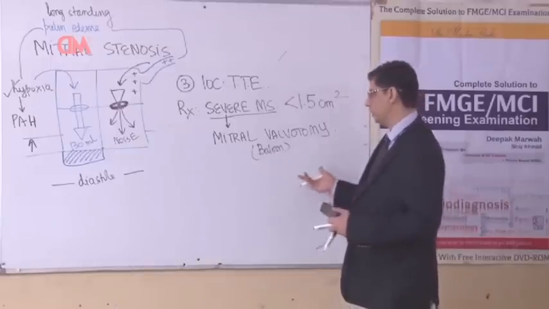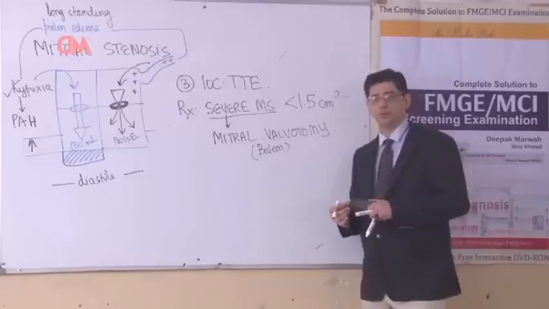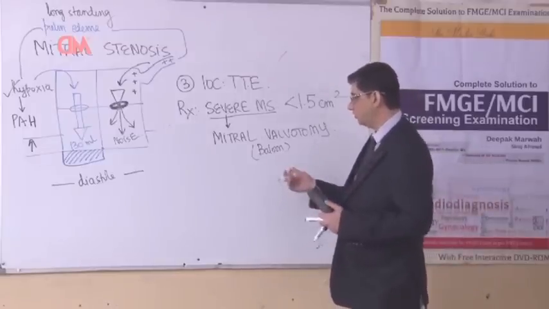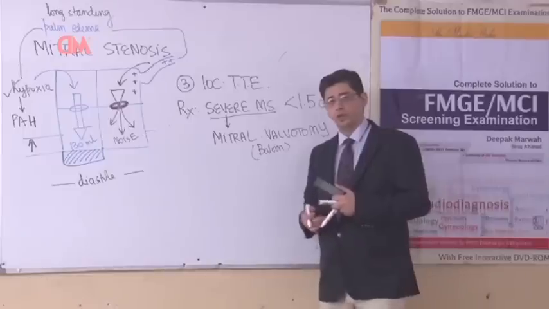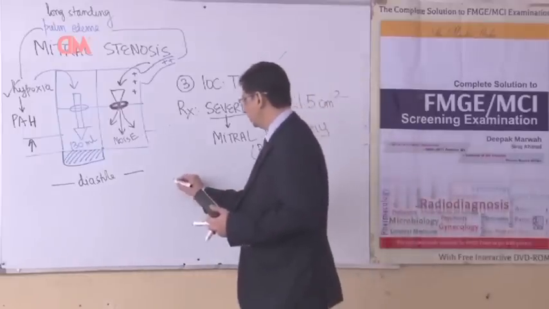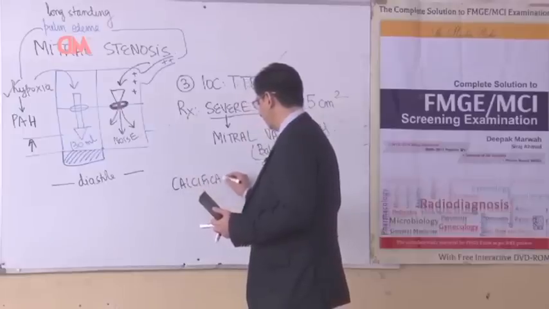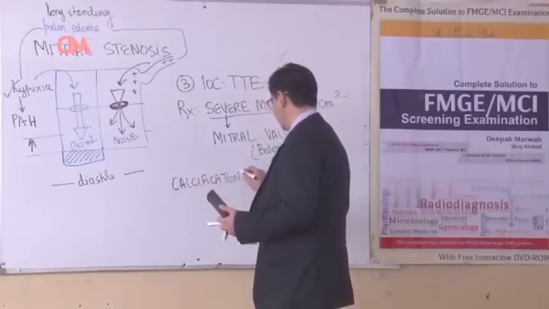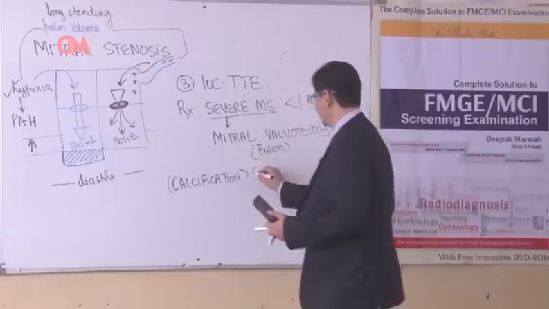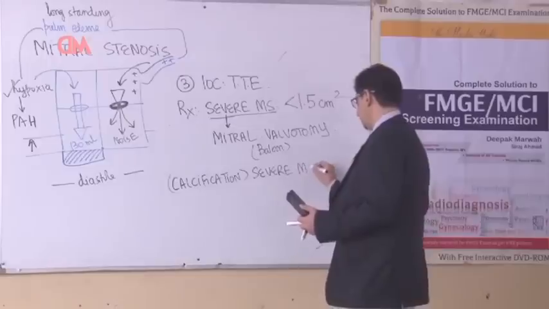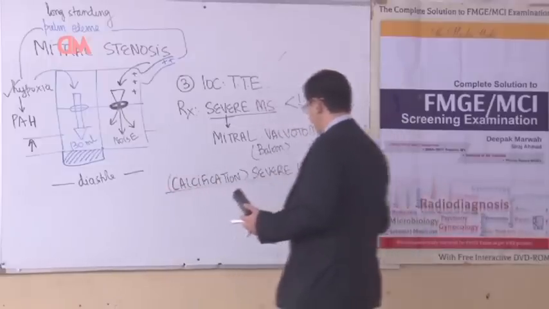This procedure would cost maybe 50,000-60,000 rupees in a government hospital in India. However, a lot of poor parents might not have that kind of money. If they do not get their child operated upon, then this patient will start developing calcification in the mitral valve. If the MCQ is mentioning that the patient is having calcified severe mitral stenosis, then you have to appreciate as a